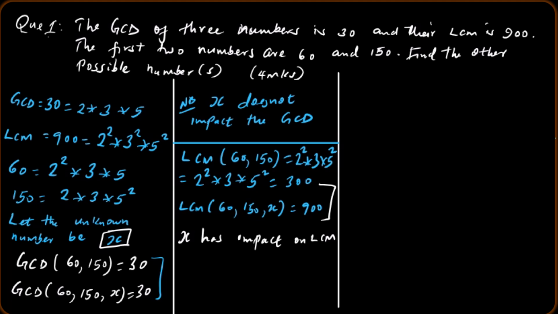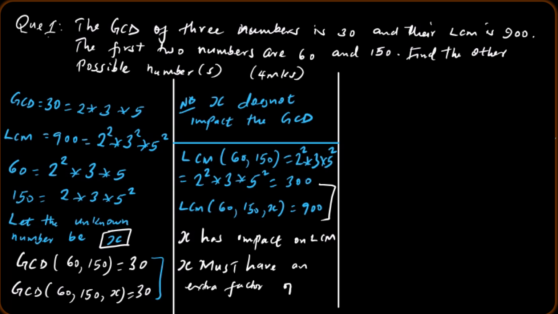This is because when we have two numbers, the LCM is 300, but when we have three numbers, LCM is 900. Now from this LCM you can see the impact of that number. The impact will be 900 divided by 300, which is 3. So this means that x must come with an extra factor of 3. Okay, so you can still note it here. X must, it is a must, have an extra